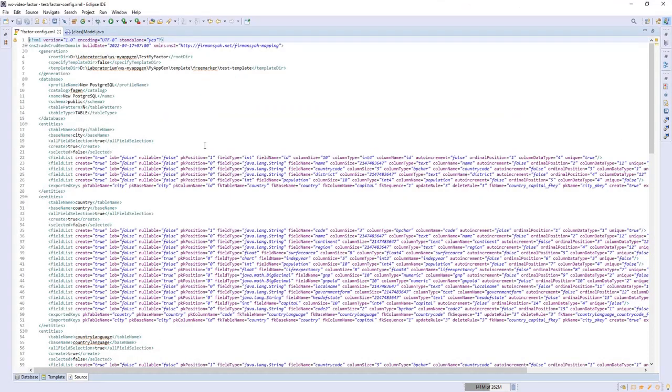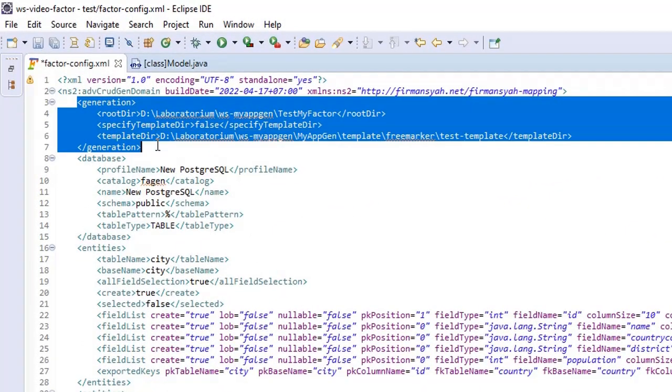This is the source page. Basically, the source page is the XML editor. It consists of the information that we have in the database page and also the template page. So for example, this is the generation, which will be similar or the same information that we have in the template and